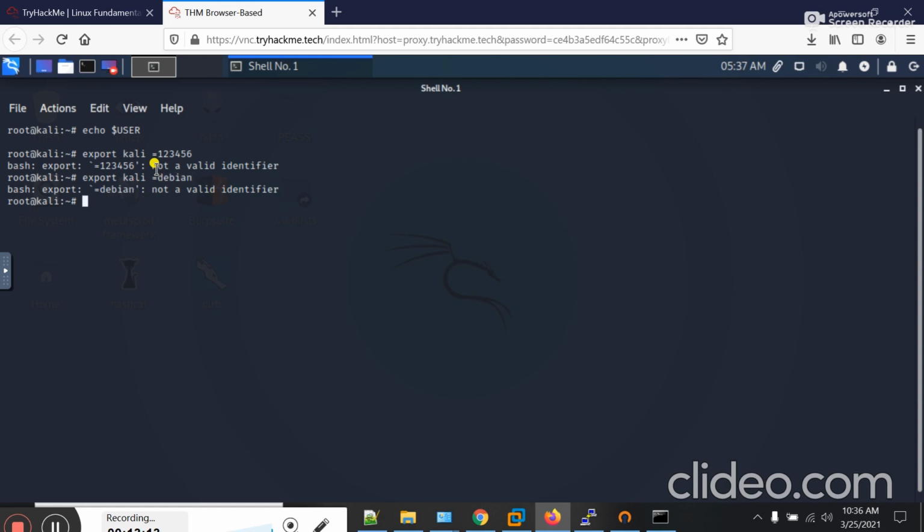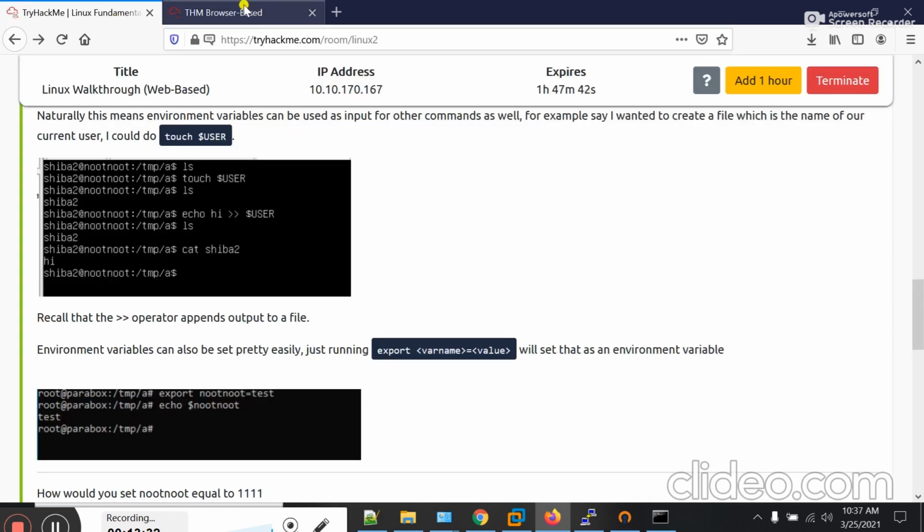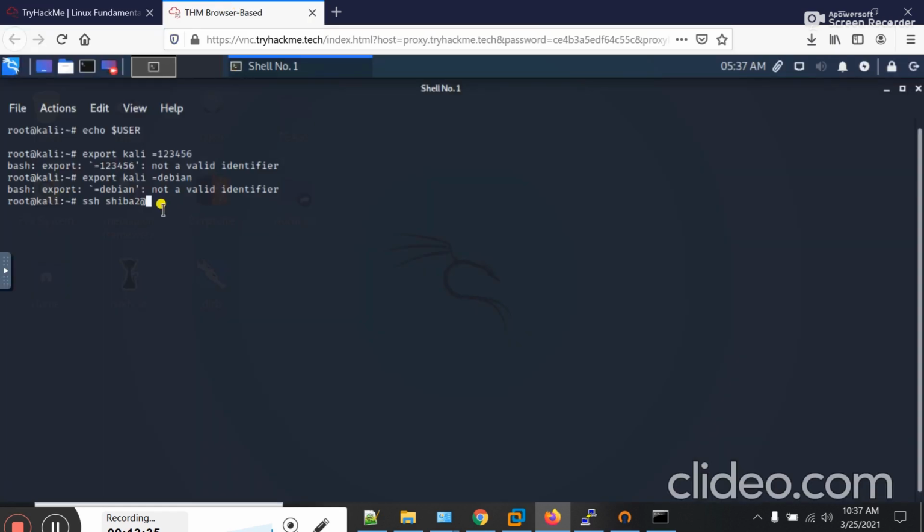If I type this bash export Kali equal to Debian. Sorry, here I'm not SSH to the machine. First of all, I should SSH and then IP address 10.10.170.167 and press enter.